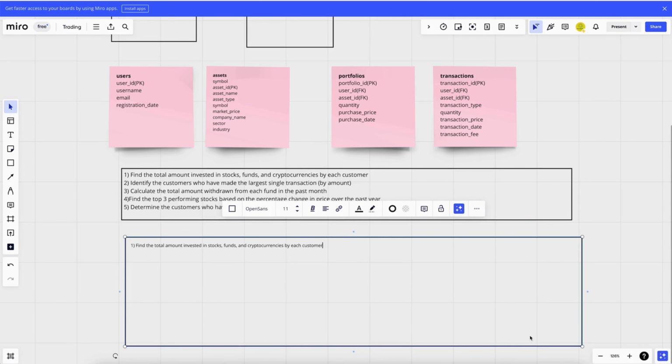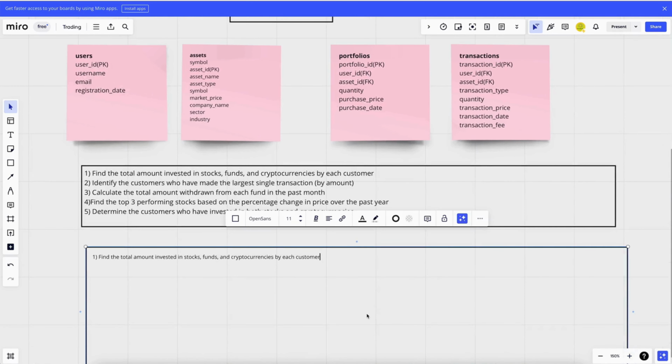Find the total amount invested in stocks, funds, and cryptocurrencies by each customer. The asset information will be coming from the asset type, which will be stock, funds, and cryptocurrencies by each customer. So we need the user table and the asset table here to get